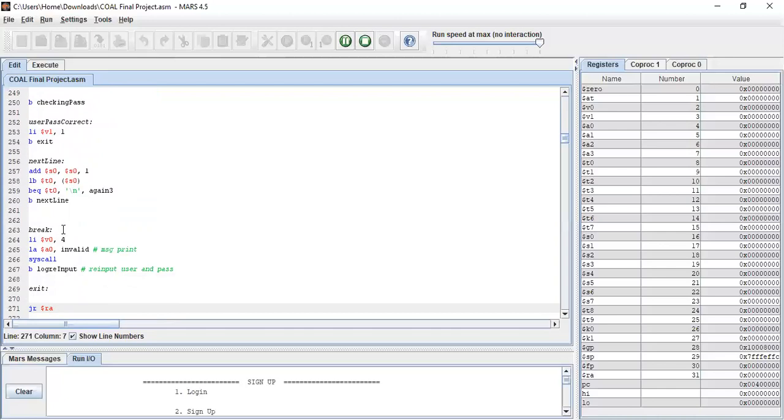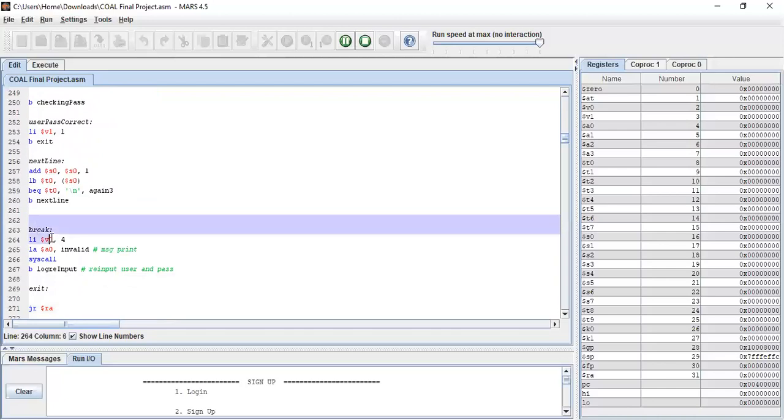If we have entered the wrong username or password, then we will have the read input from 4. It will show that we have entered an invalid password or username. Then it will make a system call and jump. It will set us back to the log re-input branch we have made for username and password.